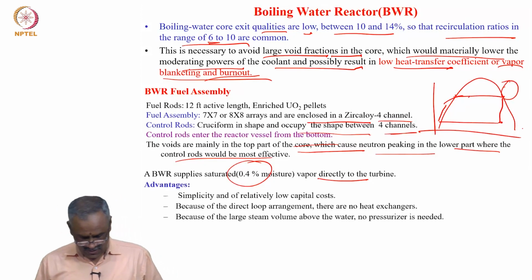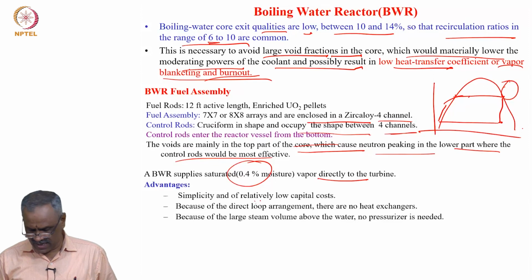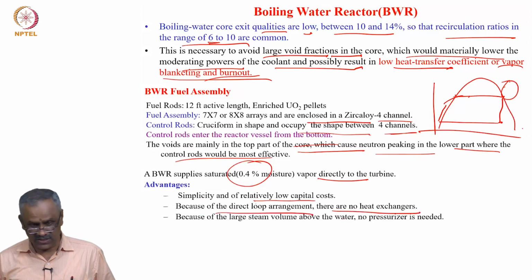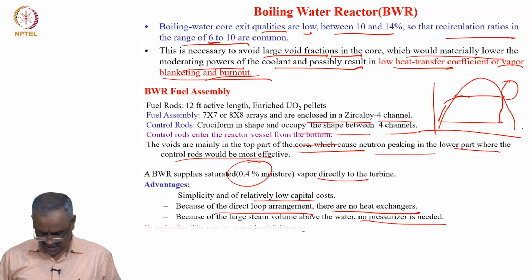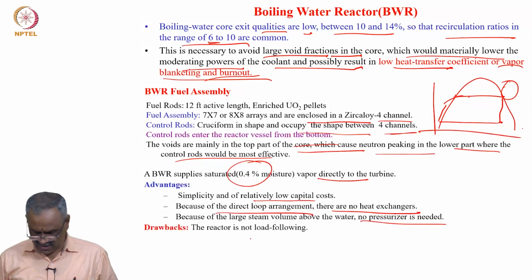Advantages are that it is very simple and has a relatively low capital cost, because of the direct loop arrangement there is no heat exchanger, as just discussed, and because of the large steam volumes above the water no pressurizer is needed. But the drawbacks are